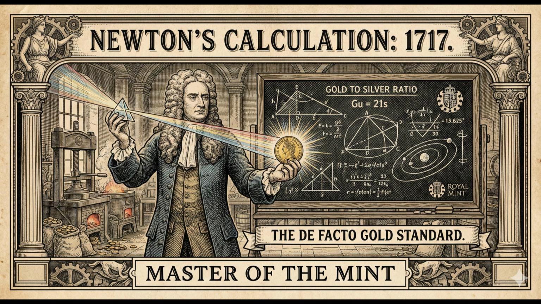However, Gresham's law proved that as long as two metals were tied together by an arbitrary law, one would always eventually drive the other out of the marketplace. Ultimately, the struggle between gold and silver under Gresham's law forced the evolution of modern monetary theory. It taught economists that the intrinsic value of gold could not be ignored by legislative decree.